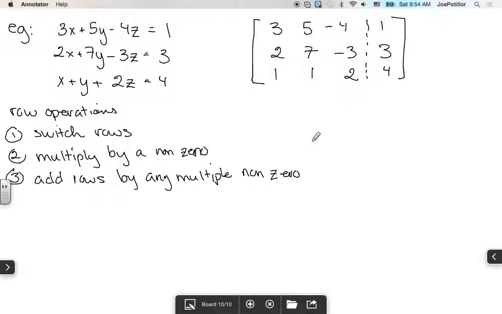So the solution to this problem is not going to be pretty, just warning you ahead of time, since I made up the numbers off the top of my head. So let's take a look at this problem. So how do we do that? Okay. So first, by taking a look at the augmented matrix, which we'll write on this side,